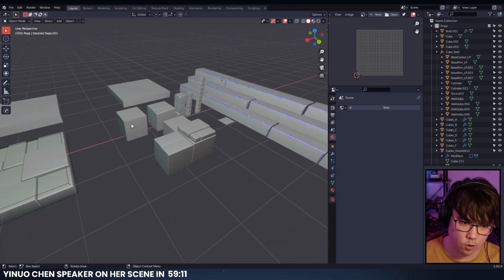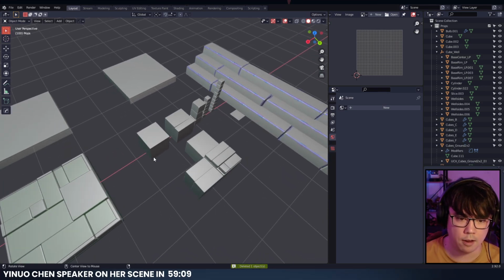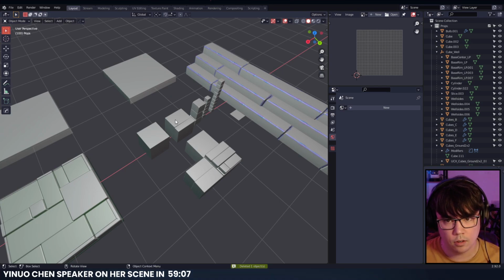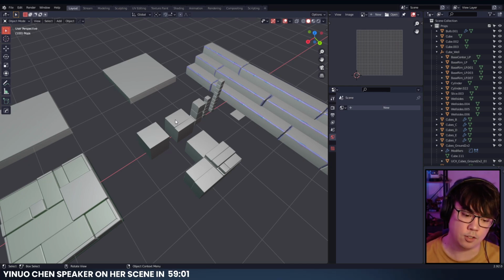Either way, so we make all these pieces, right? And what people tend to not do often, which I highly suggest if you're building a scene, is to know your own prop count. It's kind of like an early